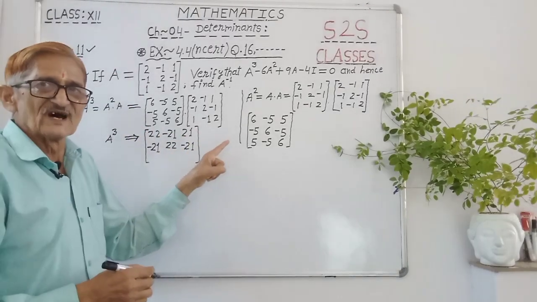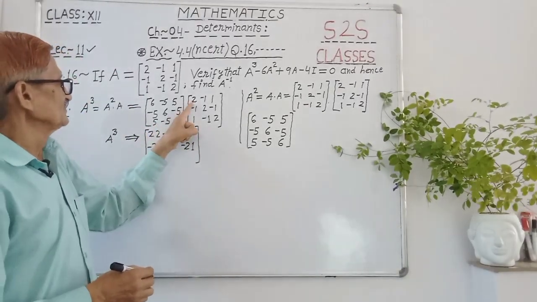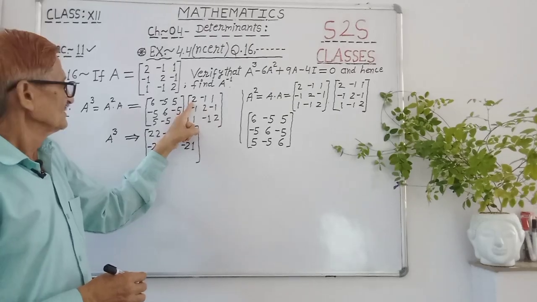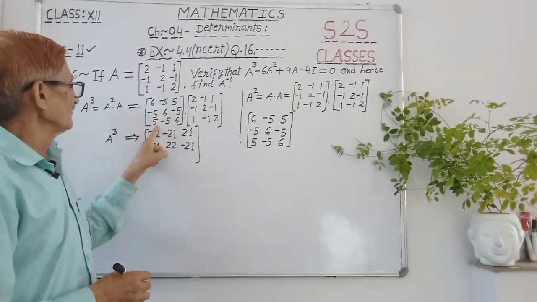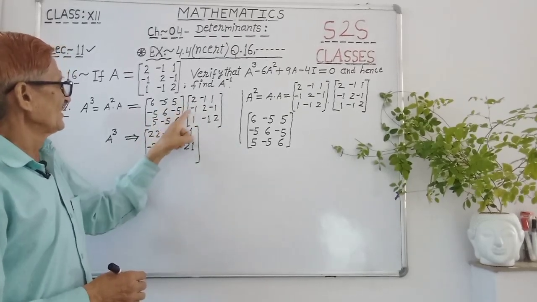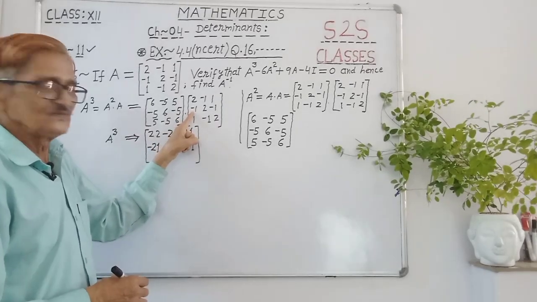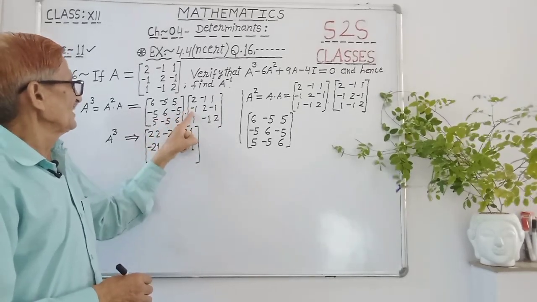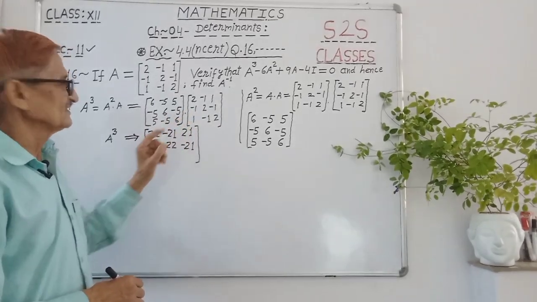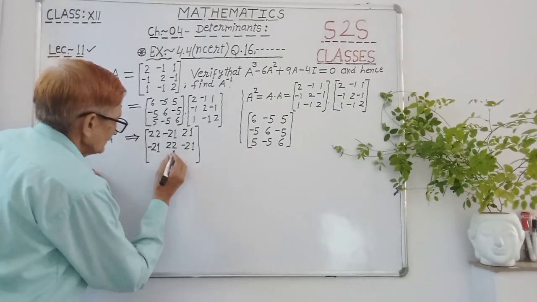Third row start now. 5 2 is 10 with first column. 5 2 is 10, minus 10 plus 10 and minus 5 minus 1 plus 5. So 10 plus 5, 15. 15 and 6 1 is 6. 15 and 6, 21.